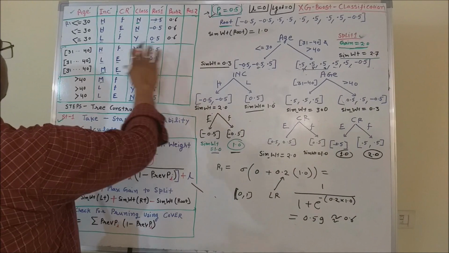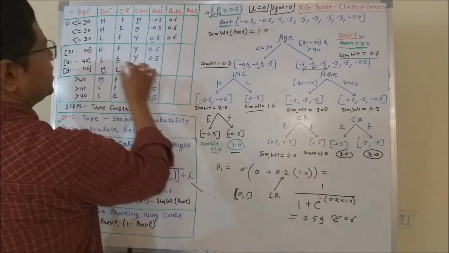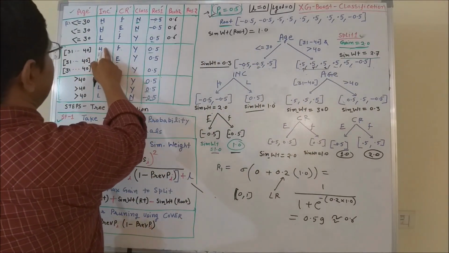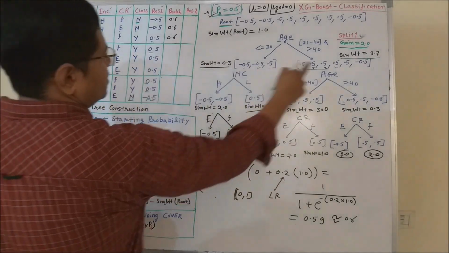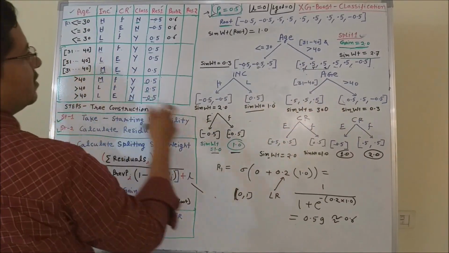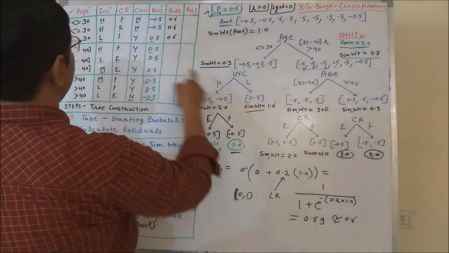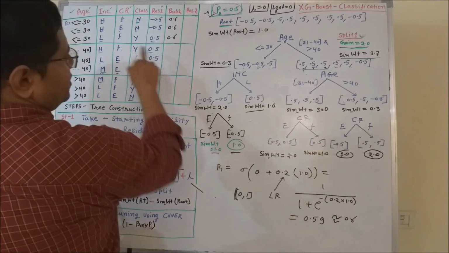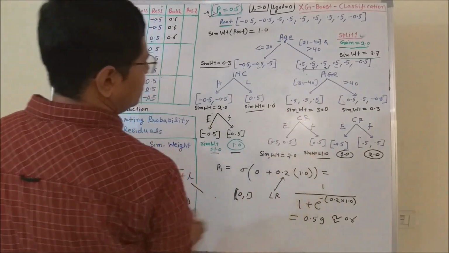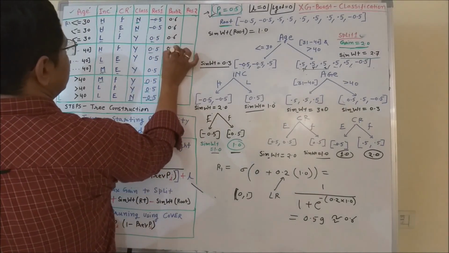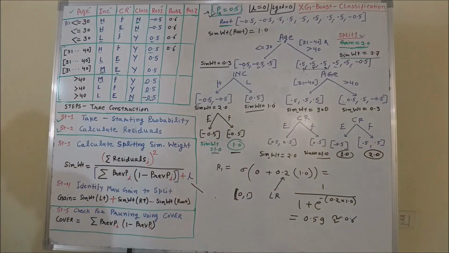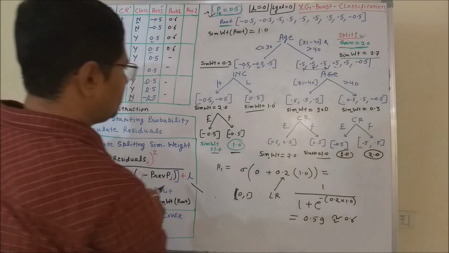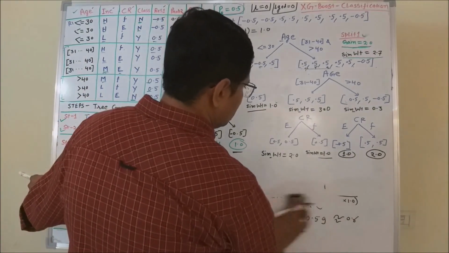Now for this you will compute the age coming in this bracket, and then income is high, so actually income is not there. So again age 31 to 40, another filter, so it comes here, and again in that you can see that the credit rating is fair, so the similarity weight is 1, so it will be equal to 0.6 because it will apply the same computation. Similarly, you will be able to fill all those records.